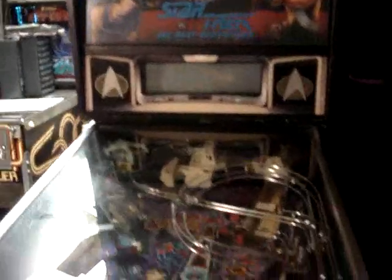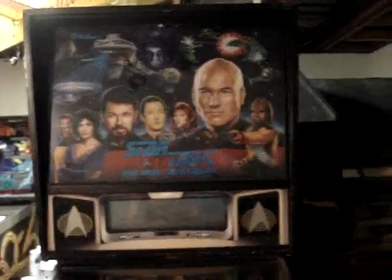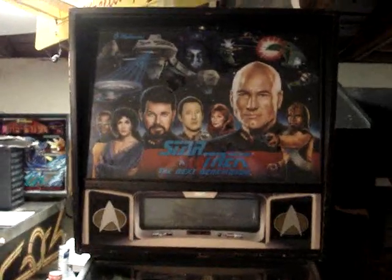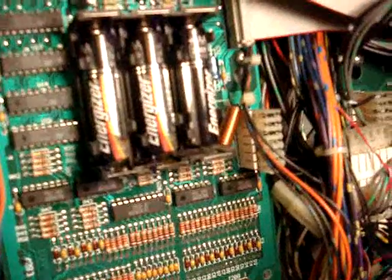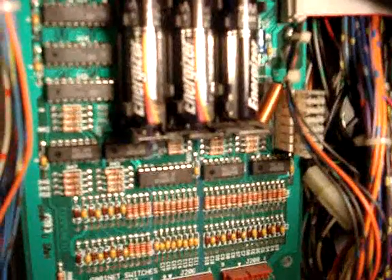Okay, so we'll just cut it off, and we're going to go ahead and take the translite out and open up the back box and have a look inside and see if we do have any leaking battery acid. Okay, well, we finally got in here, and as you can see, if it'll focus, even though it's not focusing real good, I think you can still see that it definitely has battery acid on the bottom of the battery holder, and you can see the discoloration in